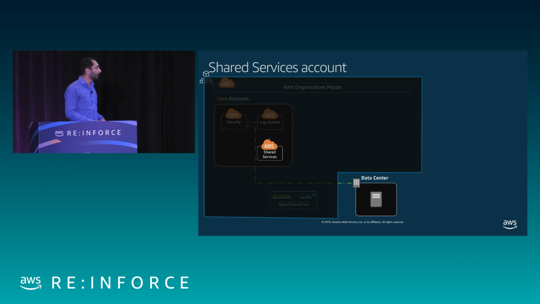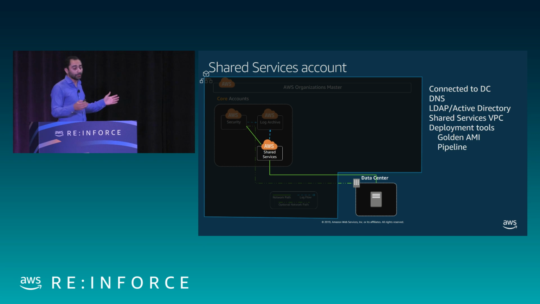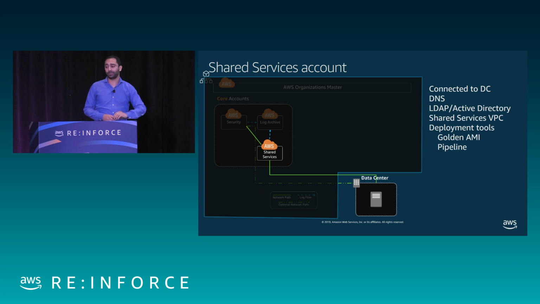Common things and tooling that I want to do, I go through shared services. When you start out, you might have one shared service. Over time, you might have 20. Common tooling and services that I need for my organization. Maybe my directory, maybe a golden AMI. Some customers have gone as far as creating a separate account for their golden AMIs to be used by the rest of the organization, with a subscription mechanism on it, so I know when a new one comes in and the development teams can pull in the latest one.